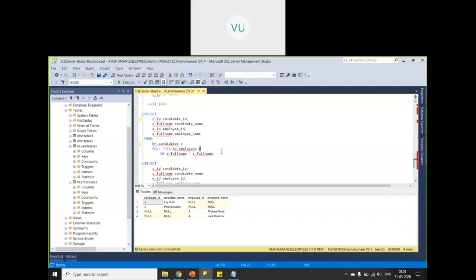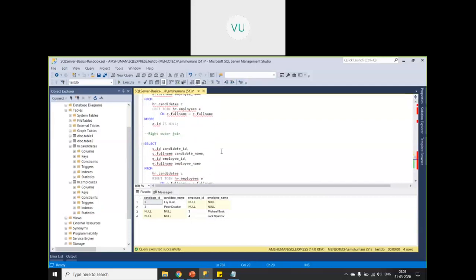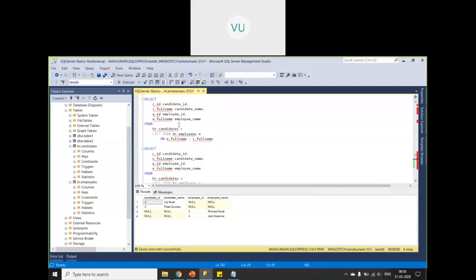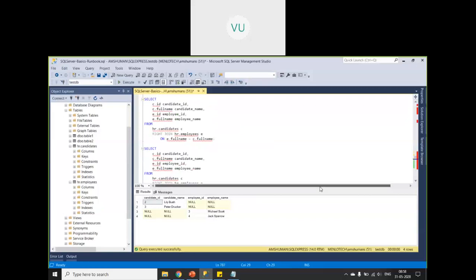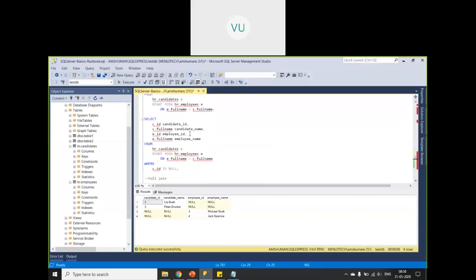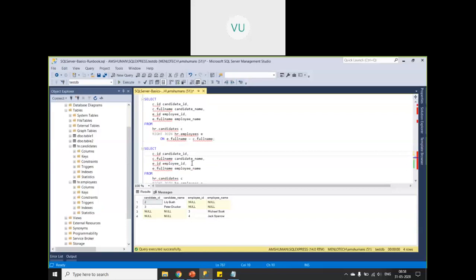This is an alias. This is an alias. If you see above, here we have put as. From left outer join onwards, we haven't used as. So as is optional. Yeah, but for readability, for example, if I put as, it is more readable, right? Otherwise, you don't know where the actual column name is and where the alias is. So it's always better to use as, because others who are reading your code should understand it. Okay.